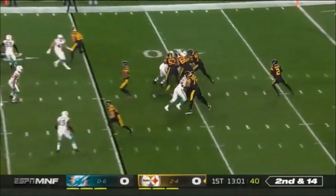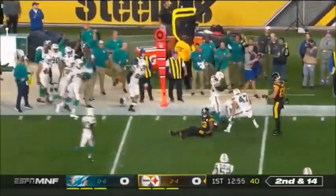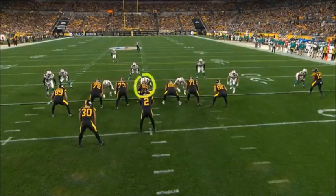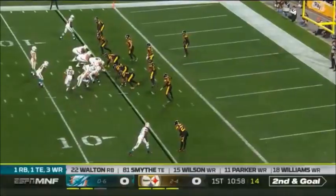Second and 14, and here is Rudolph. A lot of time to set up. And then it is picked off. That was Howard. First thing I want to notice is watch the center, number 53, get driven back into Mason Rudolph's lap. And so he can't step up in the pocket. He's going to be driven all the way back. Now Mason